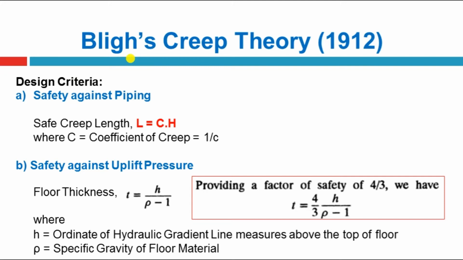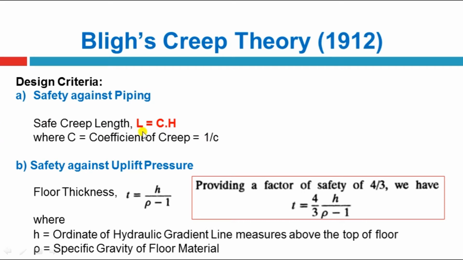So, the safety against piping is equal to the length of creep, which should be sufficient to provide a safe hydraulic gradient according to the soil type, because the exit hydraulic gradient is different with respect to soil type. Harder material or larger gravel is not floated at that hydraulic gradient and piping does not occur. So for loose sand, piping occurs easily at a low hydraulic gradient or low exit gradient.